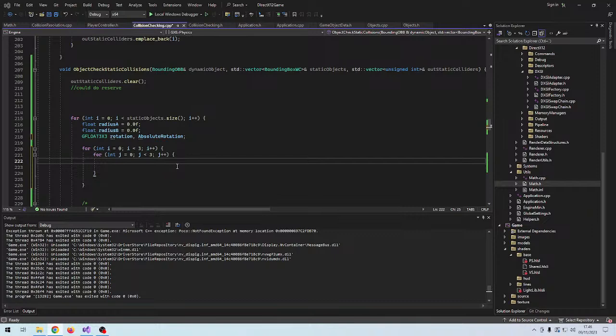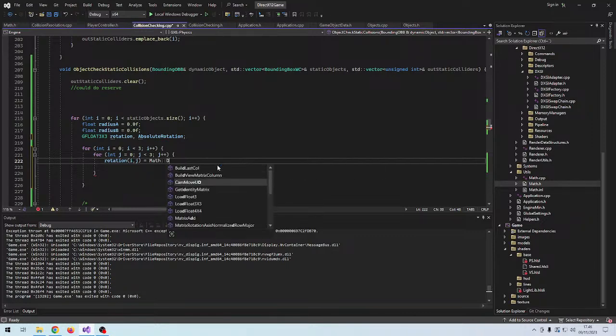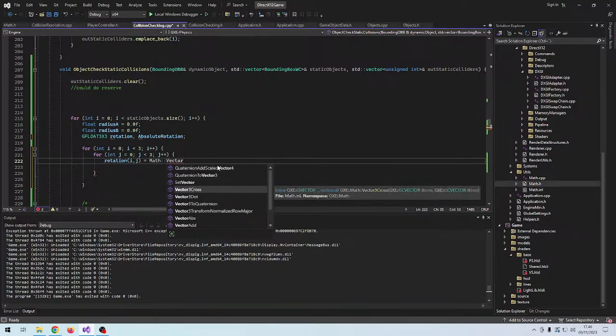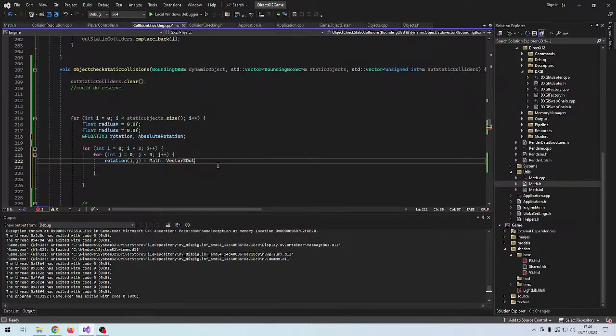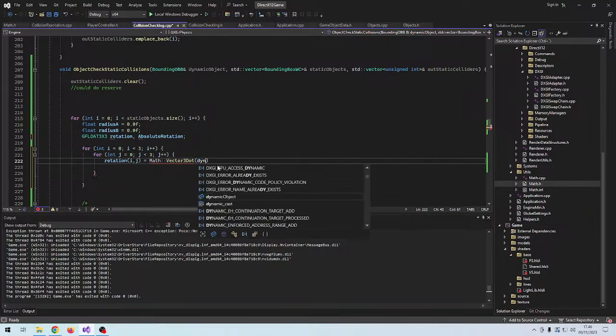You could, yeah, we will have to hard code some of our data here, since you are supposed to take the vector dot product. Let's see, vector3 dot product between the OBB's